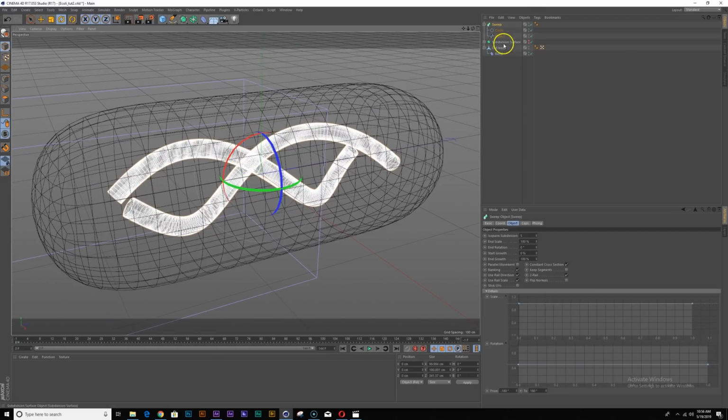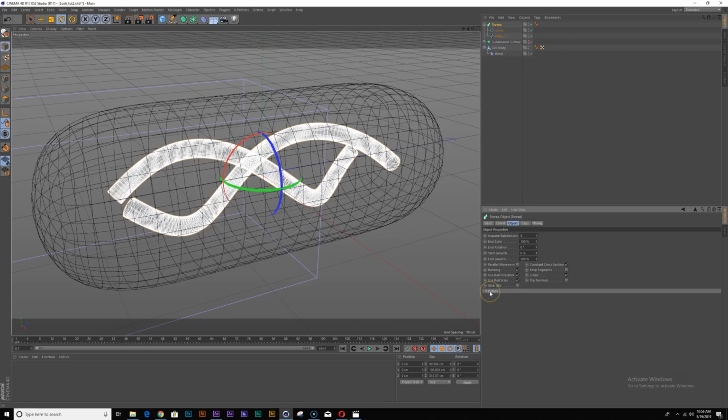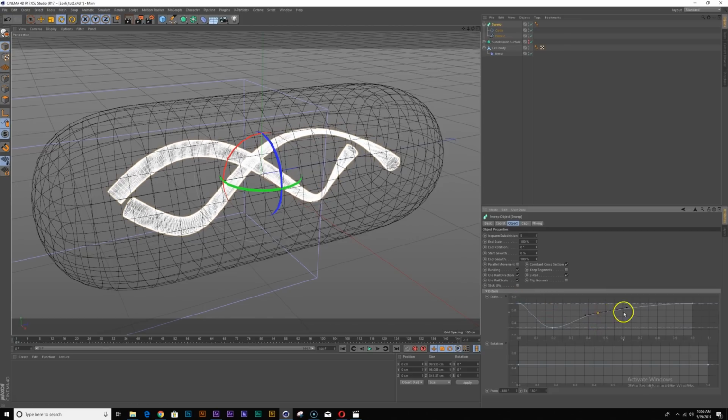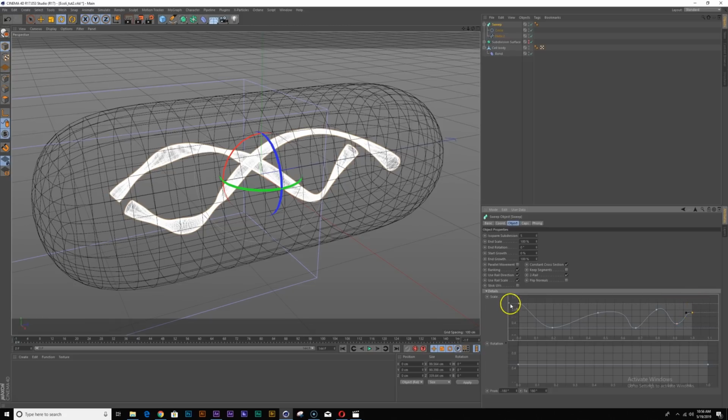And under the details option for my sweep, there's a curve for the scale. So let's just add some points to this to create some more randomness to our sweep. Again, it doesn't have to be anything specific.